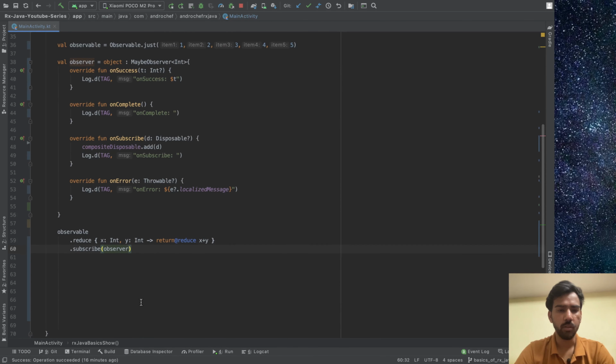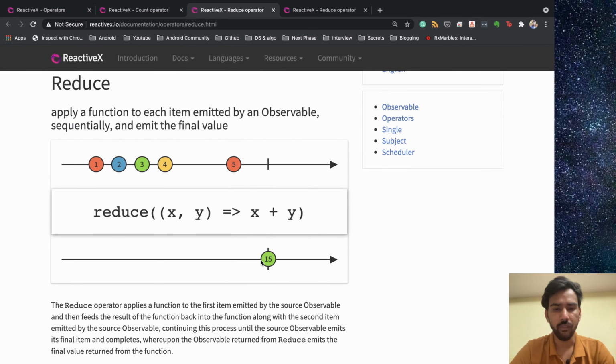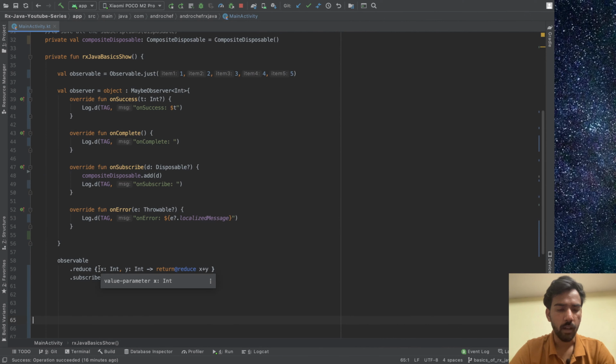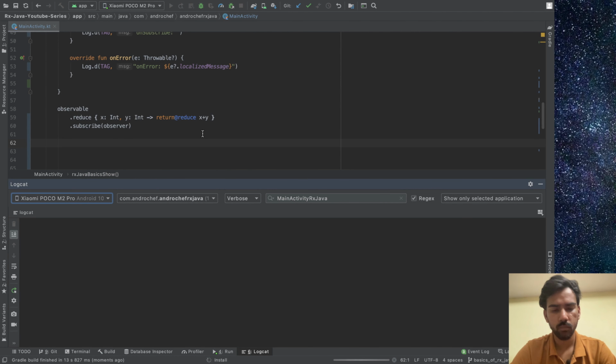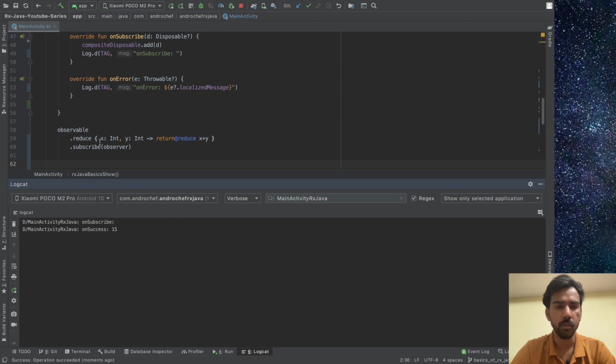So now the output should be 15 because we are adding each successive value. As you can see, the output is 15 in onSuccess because we are adding these values.